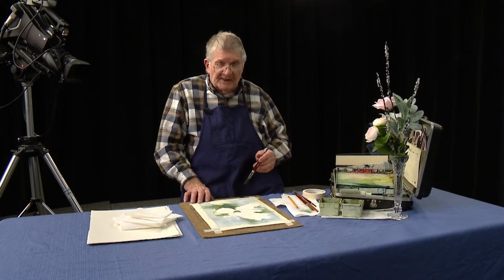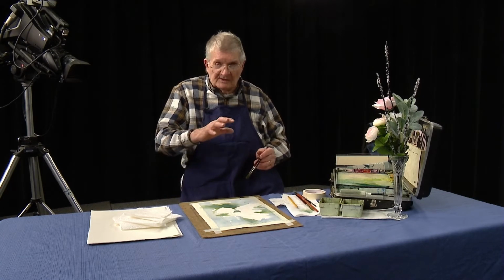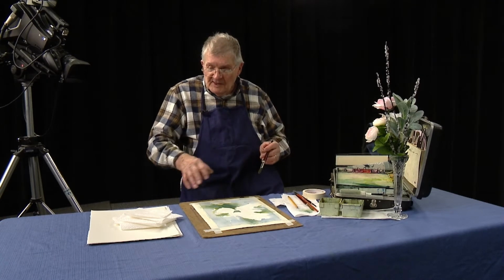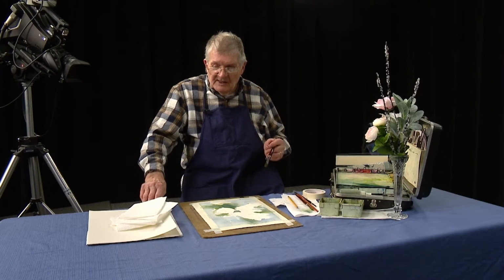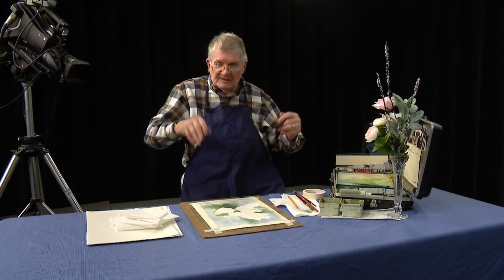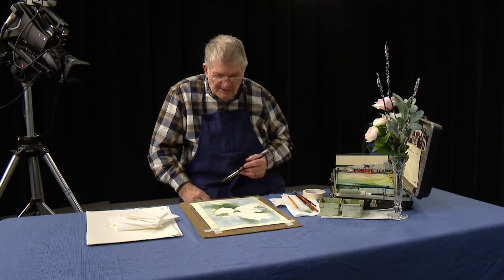This particular paper is not like white. It's sort of an off white, like maybe an ivory. Sometimes they call it an elephant shade, referring to the elephant's tusk. In other words, that type of ivory color. Okay, now,